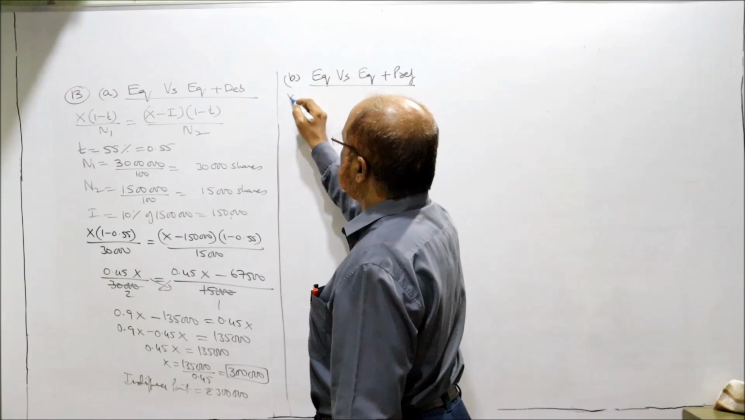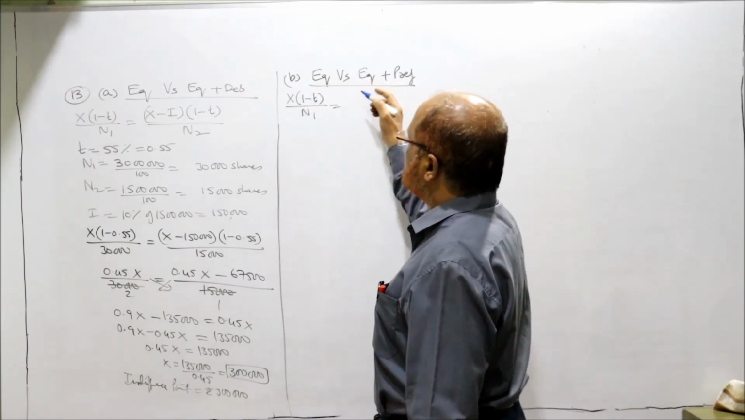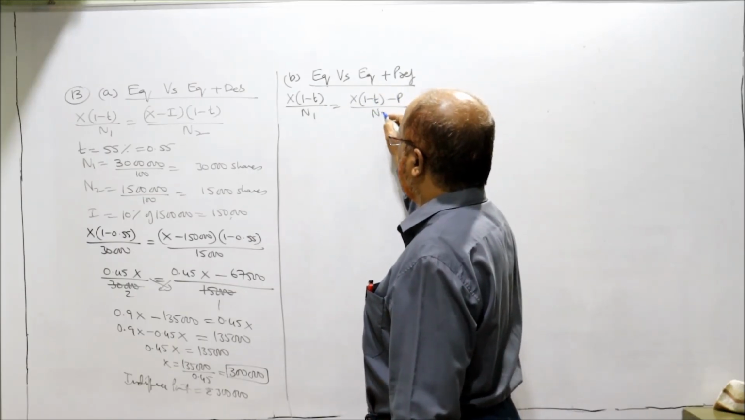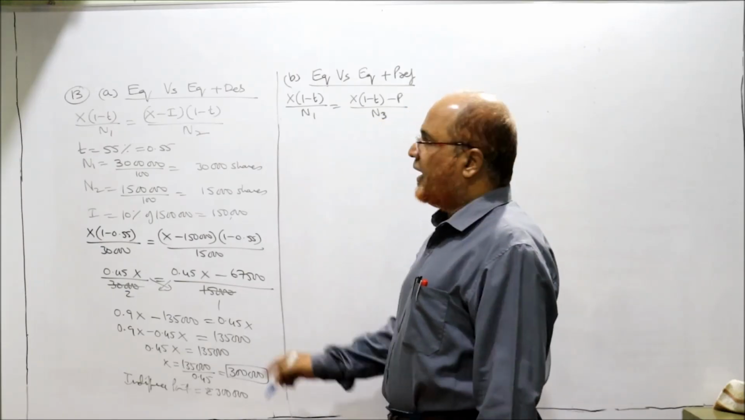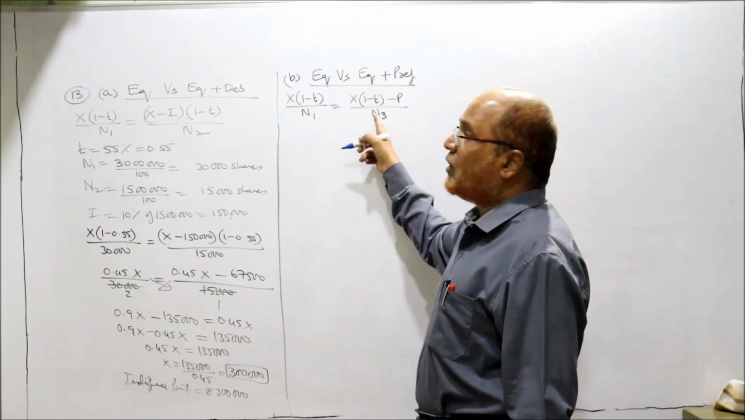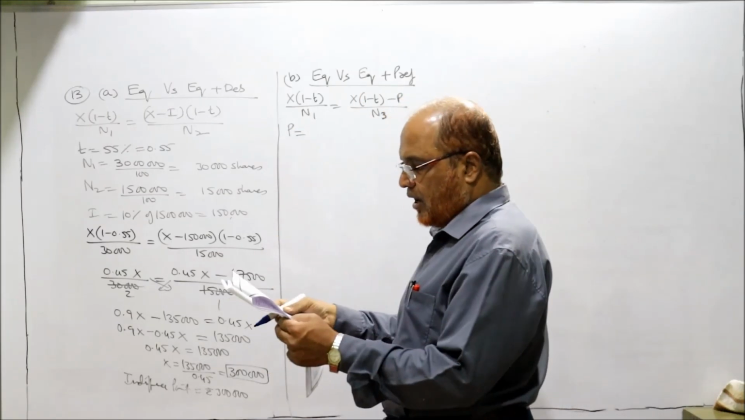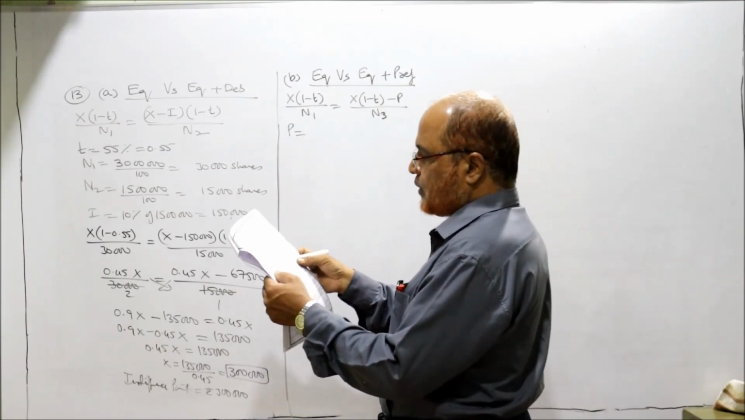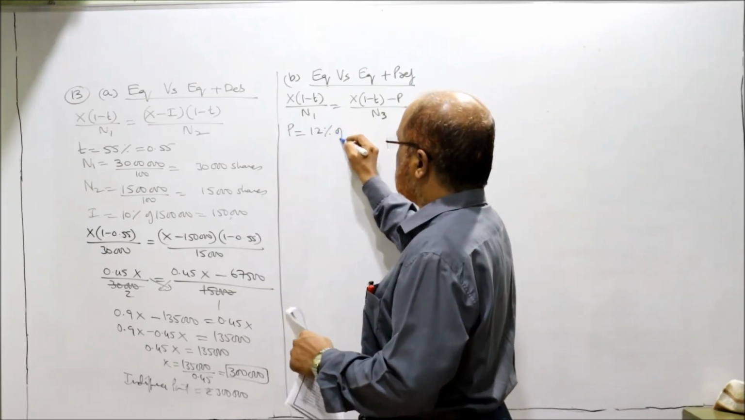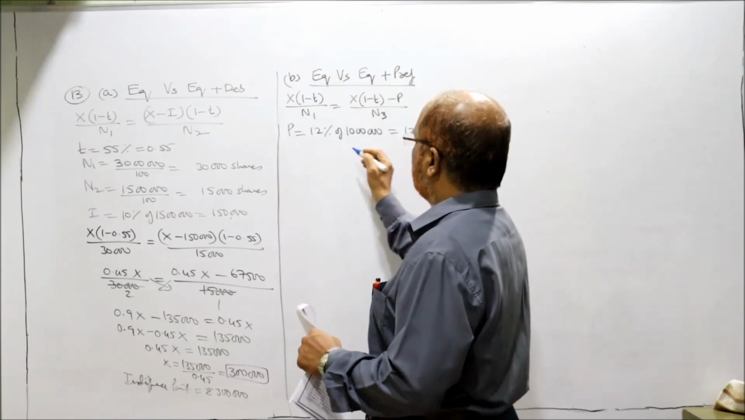So only equity means x into 1 minus t by n1. Equity plus preference, so x into 1 minus t minus p divided by n3. We take n2 when there are debentures; when there is preference we take n3, and there is no interest. So here p is equal to preference. How much is the preference dividend? 12% preference share capital of 10 lakh. So 12% of 10 lakh, 1,20,000. Similarly,